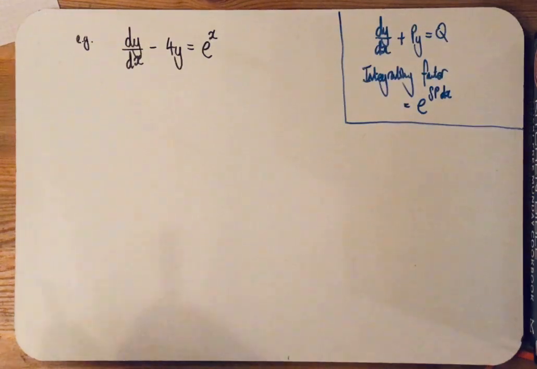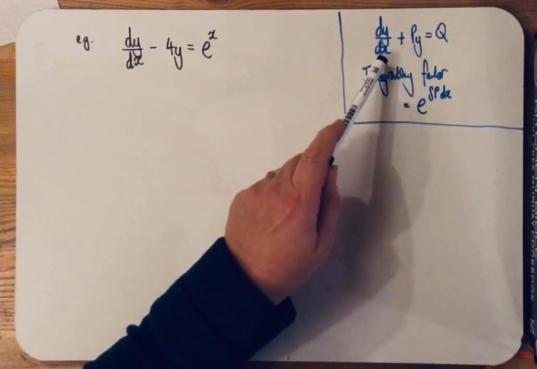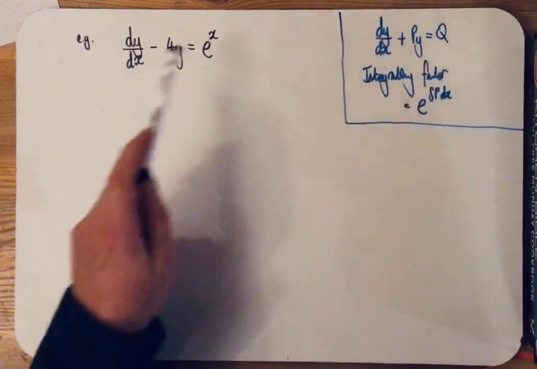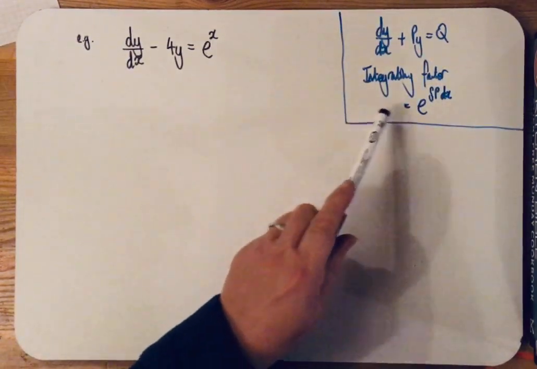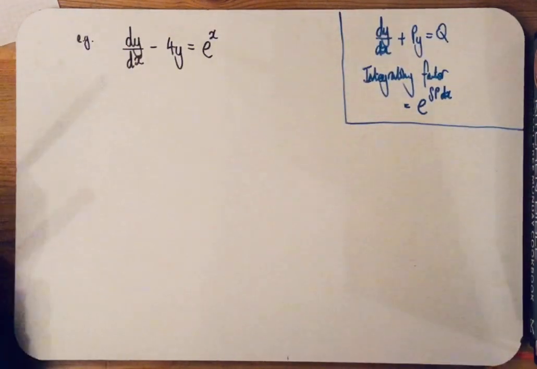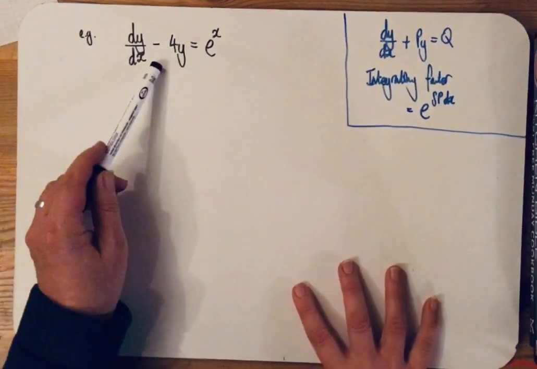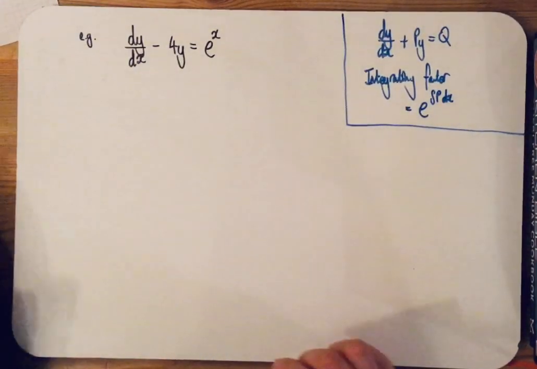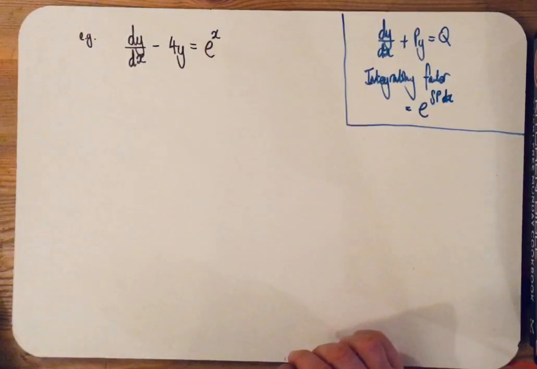Okay, a couple of examples on using an integrating factor. So the equation needs to be in the form dy/dx plus py equals q, which this one quite clearly is. And the integrating factor is e to the integral of p dx. So in this example here, p is equal to minus 4. So to find the integrating factor,